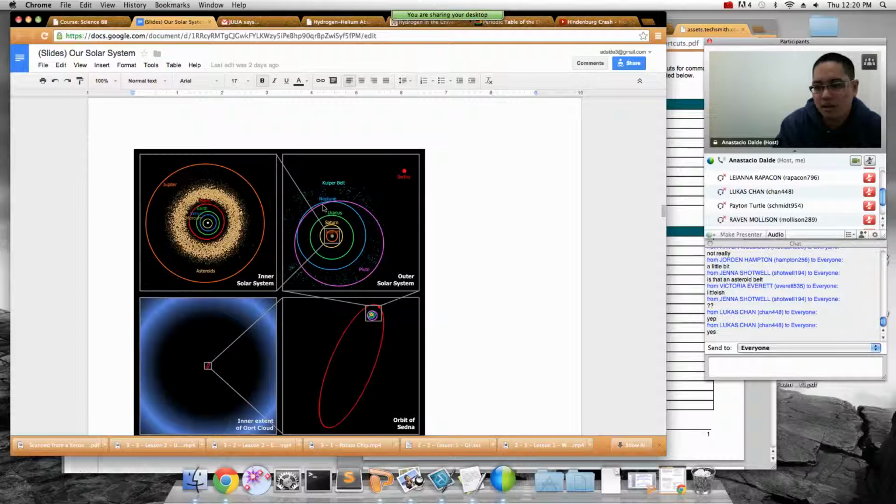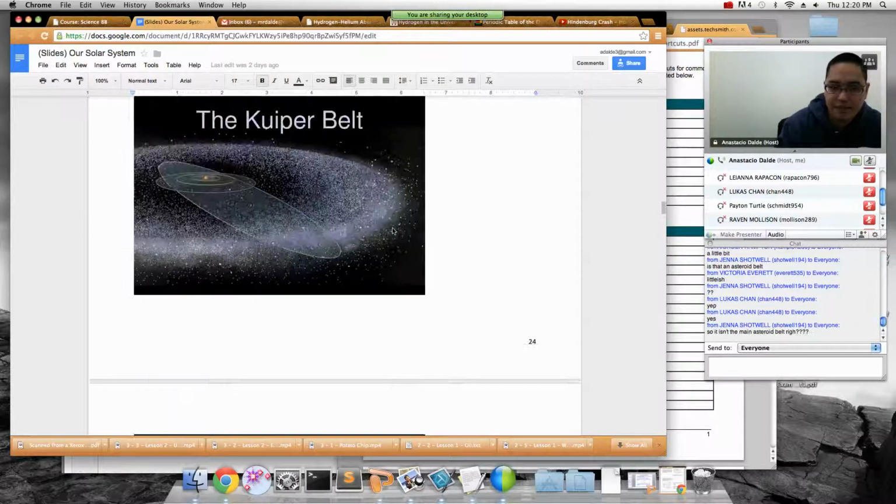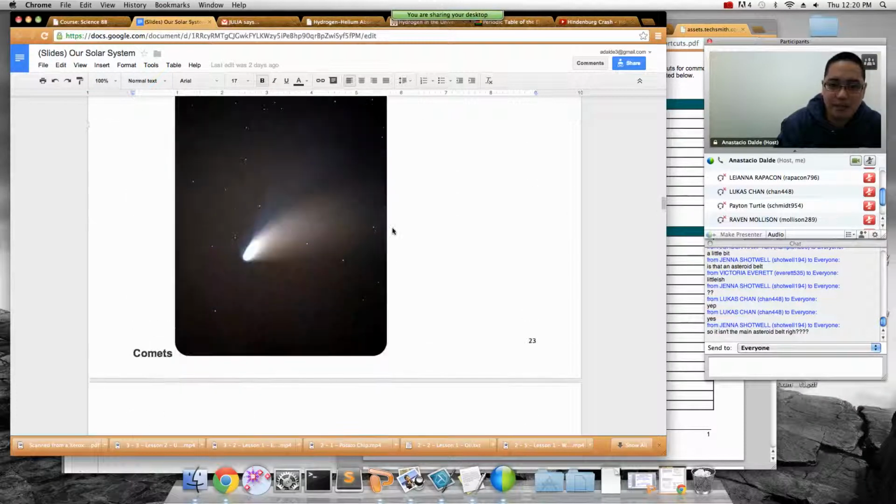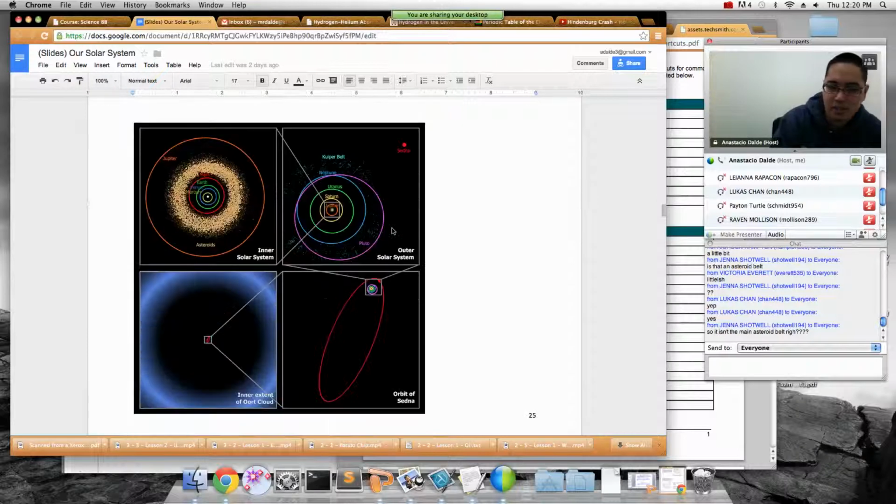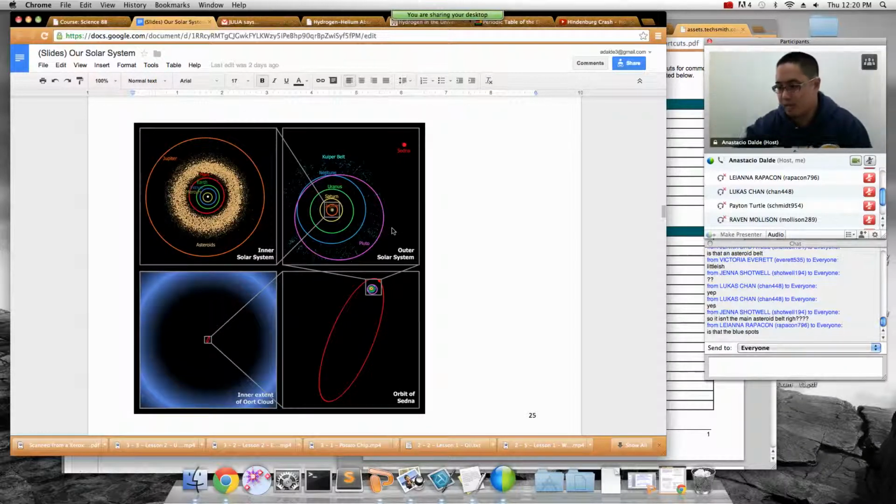And this is where a lot of the comets come from. Sometimes comets take maybe 50 years, 20 years, like we see one every 50 years or 20 years or whatever. And sometimes comets take thousands of years for us to see them. Now, what's cool about the comets is,